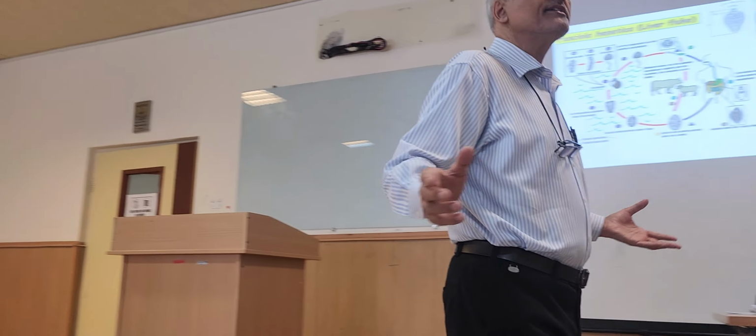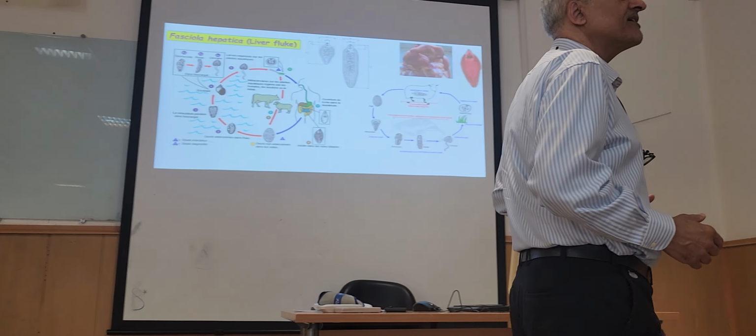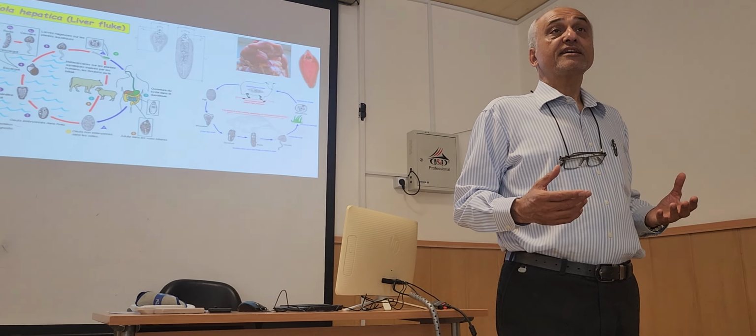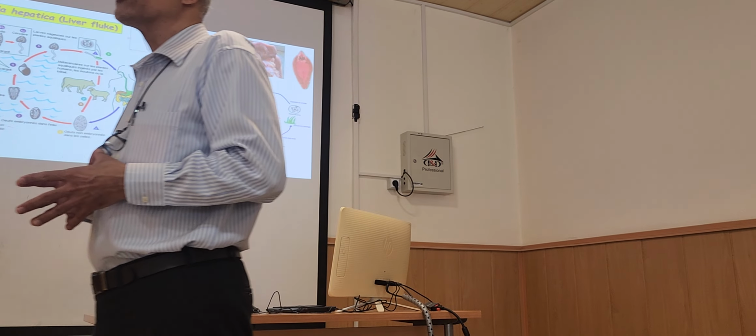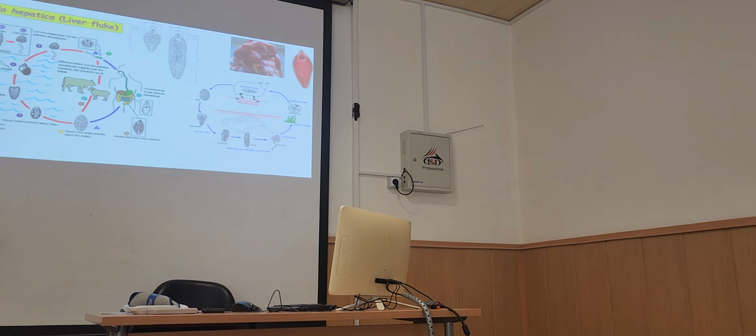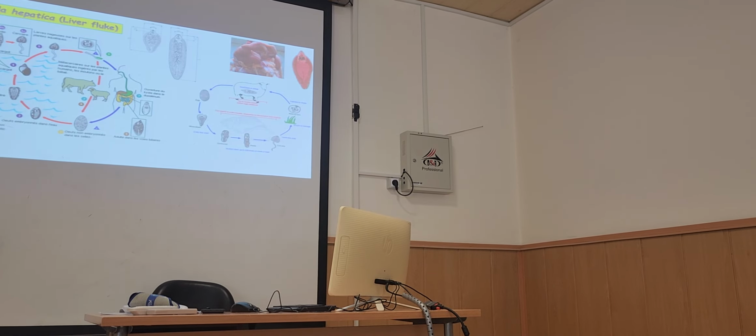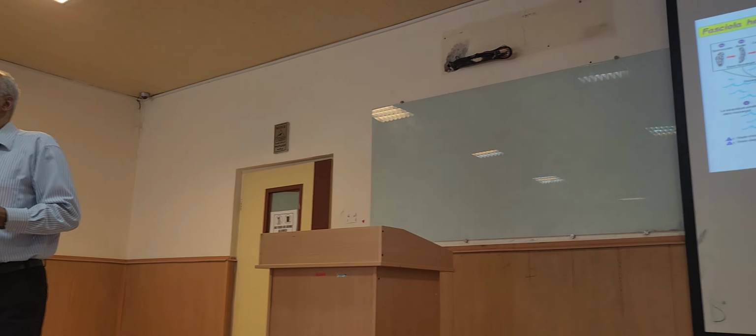Okay, so after that, the metacercaria for grazing animals, for cattle, for sheep, it's very easy. They go around and they eat plenty of these plants, including the metacercaria, and the infection is transmitted very easily. So this is important. But for human cases, in terms of zoonotic, it means that